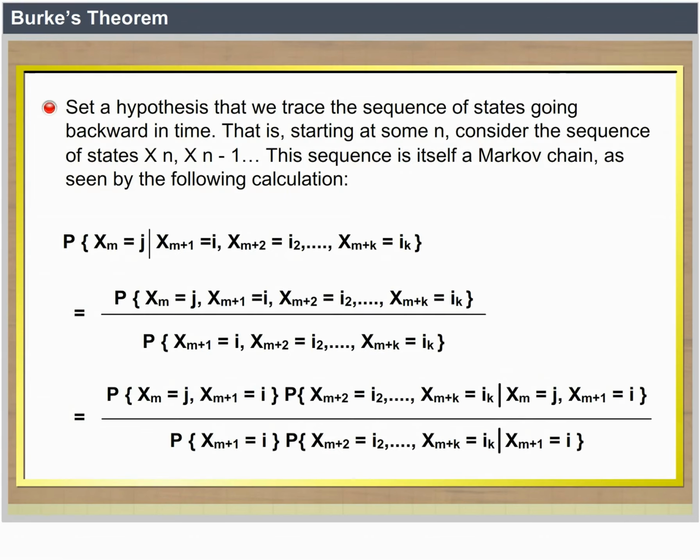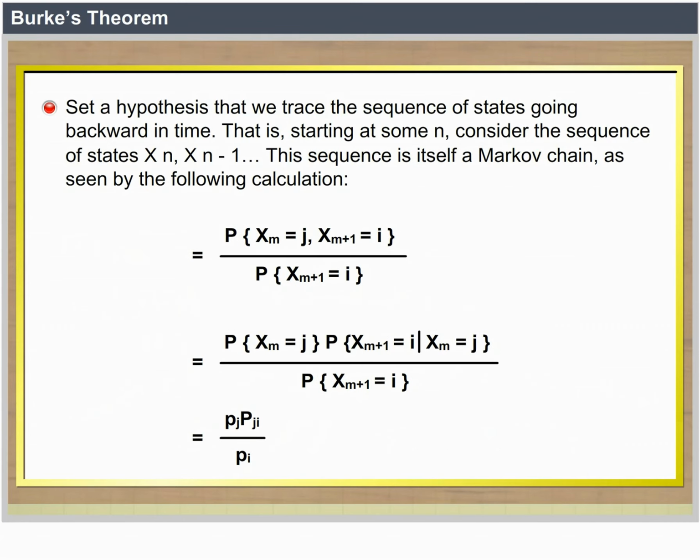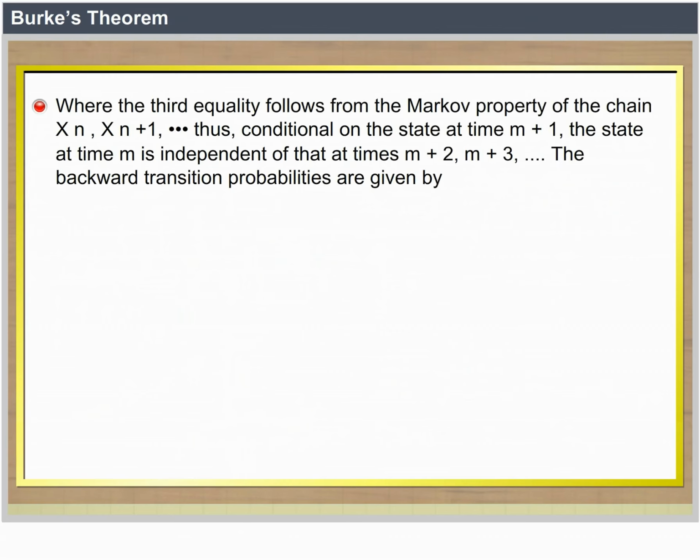Suppose that we trace the sequence of states going backward in time, that is, starting at some n. Consider the sequence of states X_n, X_n minus 1. This sequence is itself a Markov chain, as seen by the following calculation, where the third equality follows from the Markov property of the chain X_n, X_n plus 1. Thus, conditional on the state at time m plus 1, the state at time m is independent of that at times m plus 2, m plus 3. The backward transition probabilities are given by, as shown,